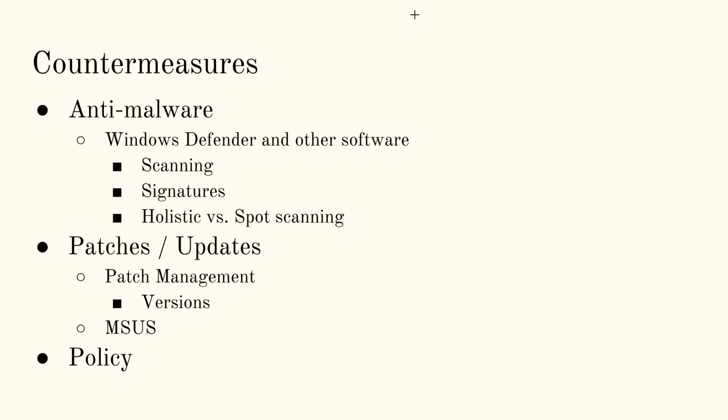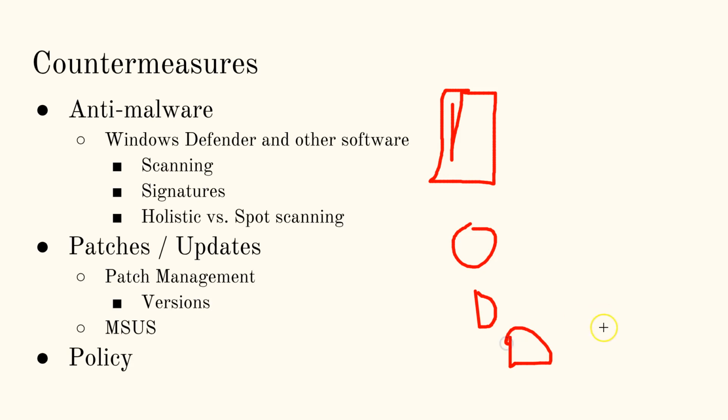All right. Some other things we could do is patch. We've got to patch our machines. So let's talk about patch management. We have an MSUS server, Microsoft Update Server, Update Service. Okay, what that does now, so in the good old days, and they weren't that good, we'd have a lot of nodes running on our network, right? And what would happen is, here's my cloud, by the way. It's a little bumpy. All right, so what's going to happen is if they had to download something from Microsoft,